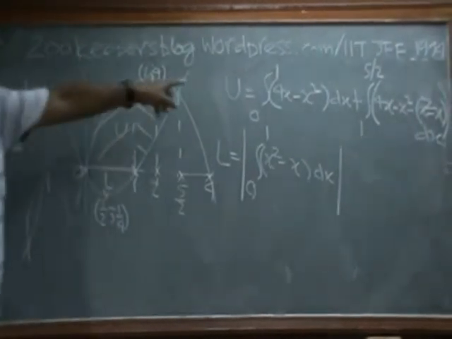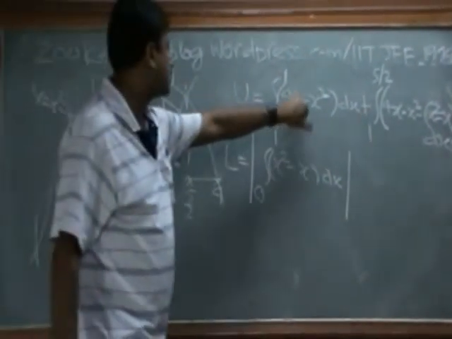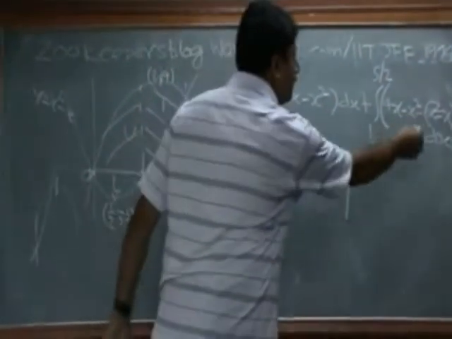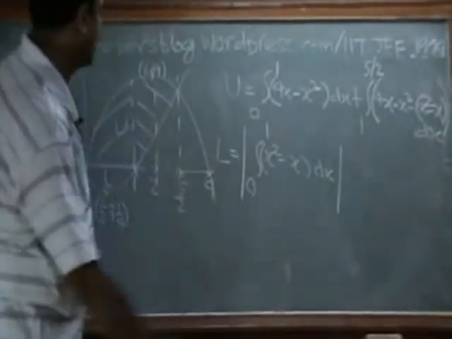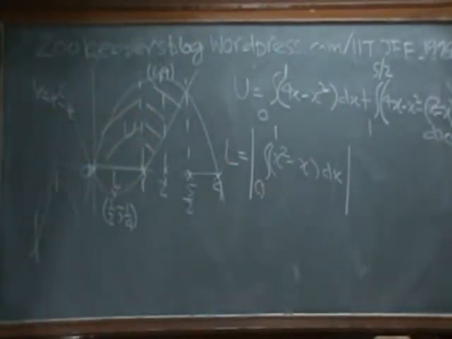So these integrals are very trivial, very simple ones. You can do it mentally: x square by 2, x cube by 3 kind of stuff. You can easily manage it. So we will solve it and you will get the upper area and lower area, and the ratio is what they're asking. We can solve it. Thank you.